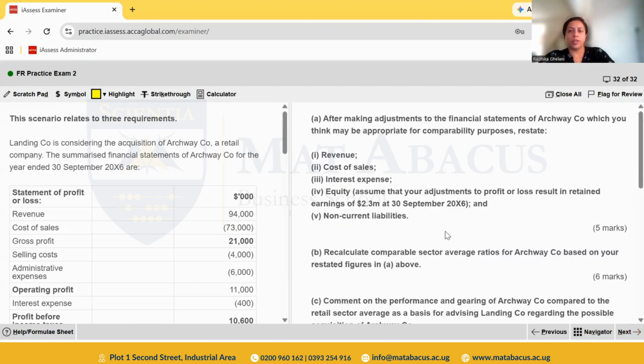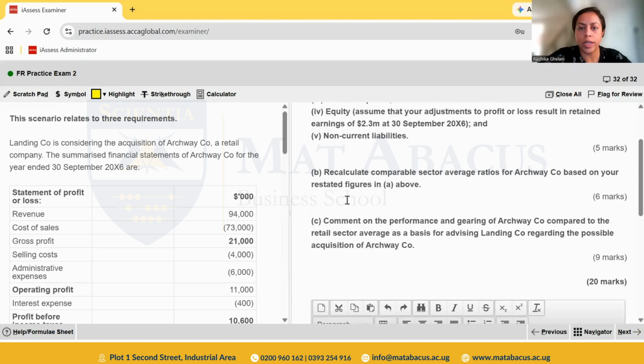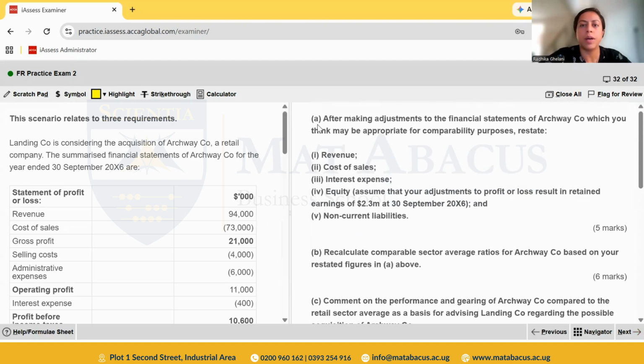So the next question is about Landing Company. Let's read the requirements. It's been broken into three parts. The first part is saying, after making adjustments to the financial statements of Archway Company, which you think may be appropriate for comparability purposes, restate revenue, cost of sales, interest, equity, and they've told us to